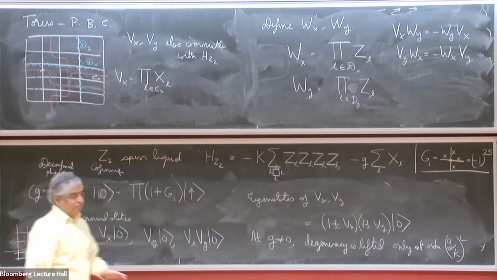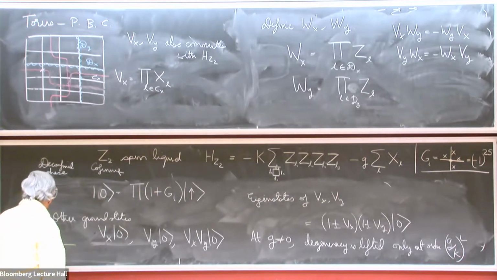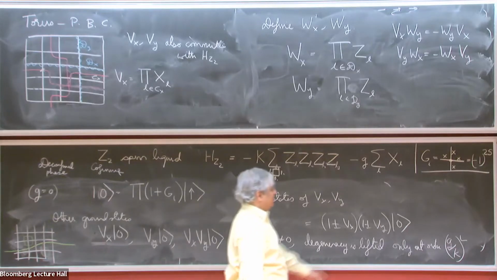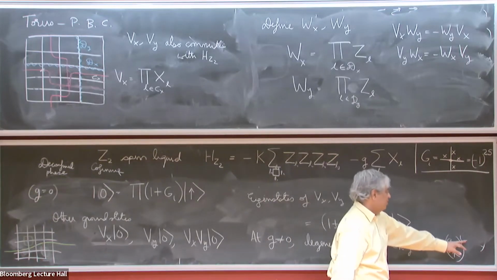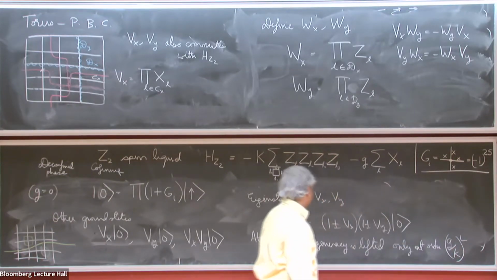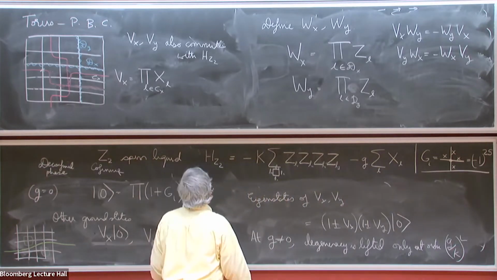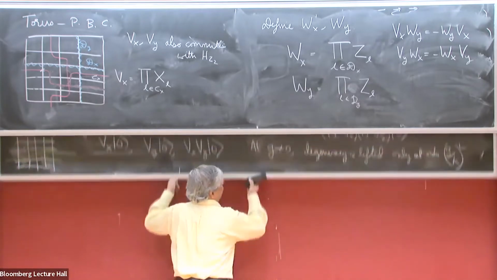So in fact, there's a fourfold degeneracy, it's robust as L goes to infinity. It's exact when L goes to infinity at any fixed G over K, at least for small G over K. So if I look at the spectrum,